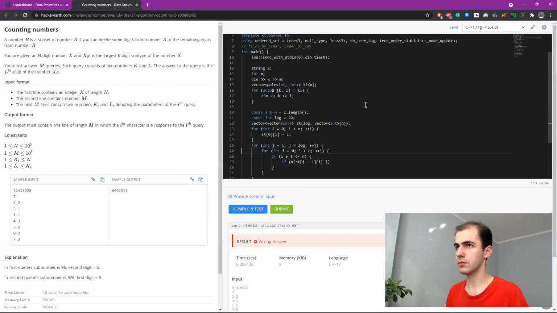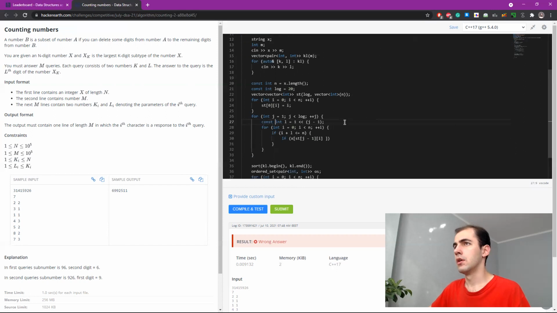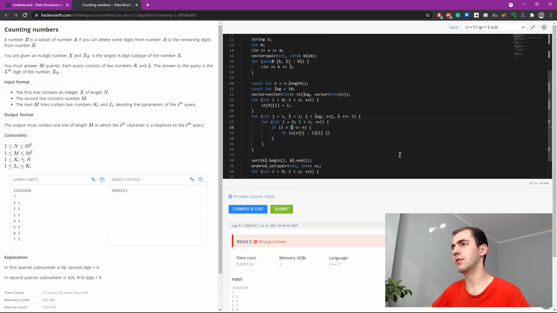Let's say I have some variable. So length is the length of the previous layer. Check if there was an entry on the previous level that is L elements to the right.